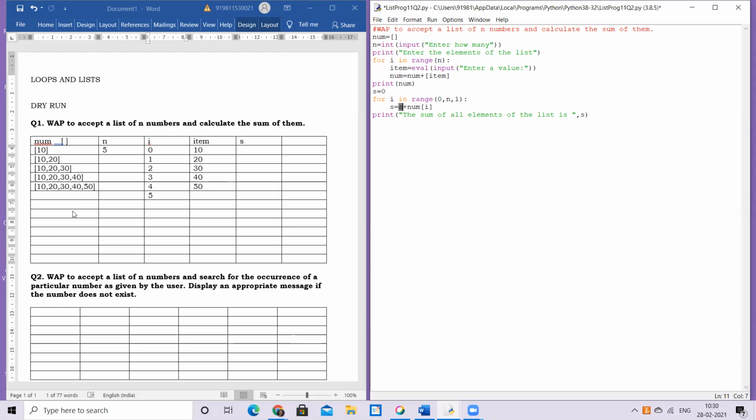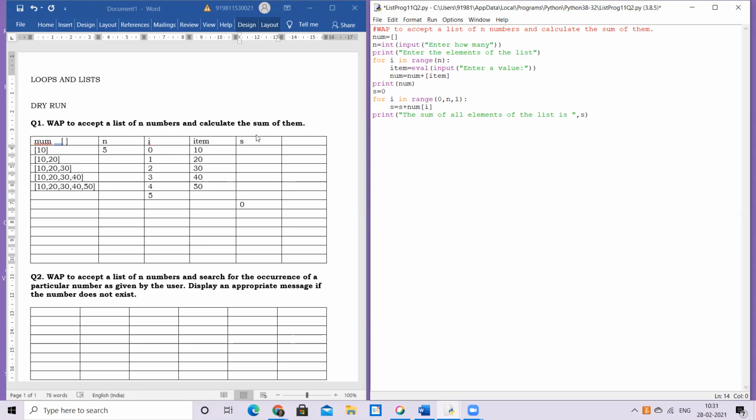So let's do the dry run for this too. Now at this point, I make my S as 0. So here I make my S as 0. This is important because first time when he's going to work on this expression, he is going to work with this 0. So it's 0 plus this. If you don't define this 0, then at this point he will say, what is S? I don't know this S. I don't have any value for this S. That is why on the right hand side, if you're putting something as a part of an expression, that should have some value. Then only he can use it. Next time onwards, he'll have it because you assigned it back into it. First time he needs something. Okay. So here I have S as 0.